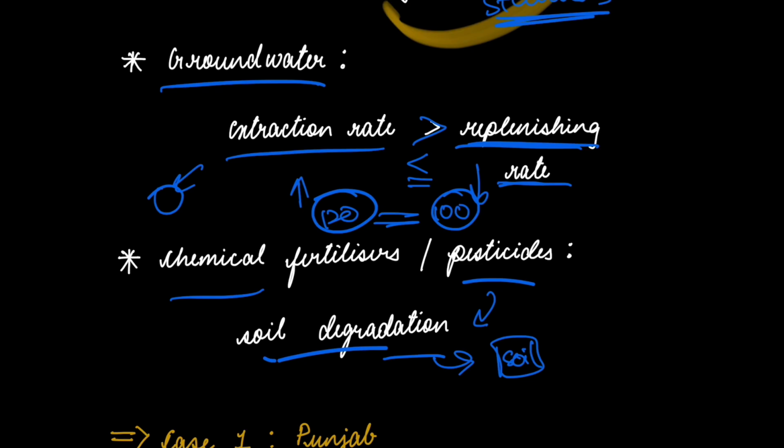Soil degradation will also lead to the pollution of water. These fertilizers will go and mix into the water and into the rivers. This will also lead to pollution, and whatever food we are eating will also contain these pesticides and fertilizers. We have to be mindful when we are using these in our crops or farming.